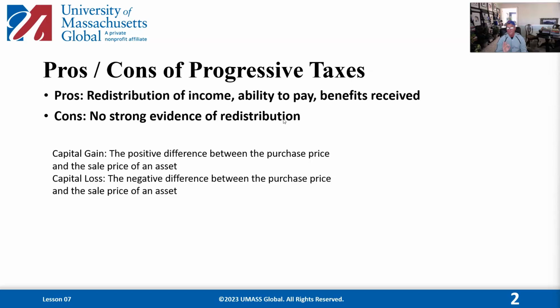The hope, here's the hope. And if you listen to one of my other videos, I made this argument as well. The hope is that those who make less money, which tend to be younger people in their career, are younger in their working life, that you make less money and you pay less taxes. But you take that money and invest in yourself. You create your own research and development account. You create your own educational account. You save your money. You think about a business that you want to make. And then you start building that business. You're not paying much in taxes, so you use that money to build and rebuild something that works for you.